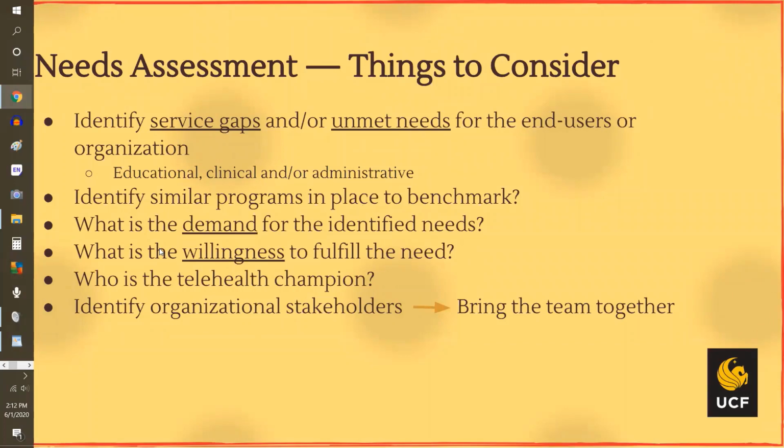So now let's say you find some need for a diabetic educational program. Will there be a demand for it? And also, will the end users be willing to fulfill the need? Will they be willing to use your program, even if there's demand?